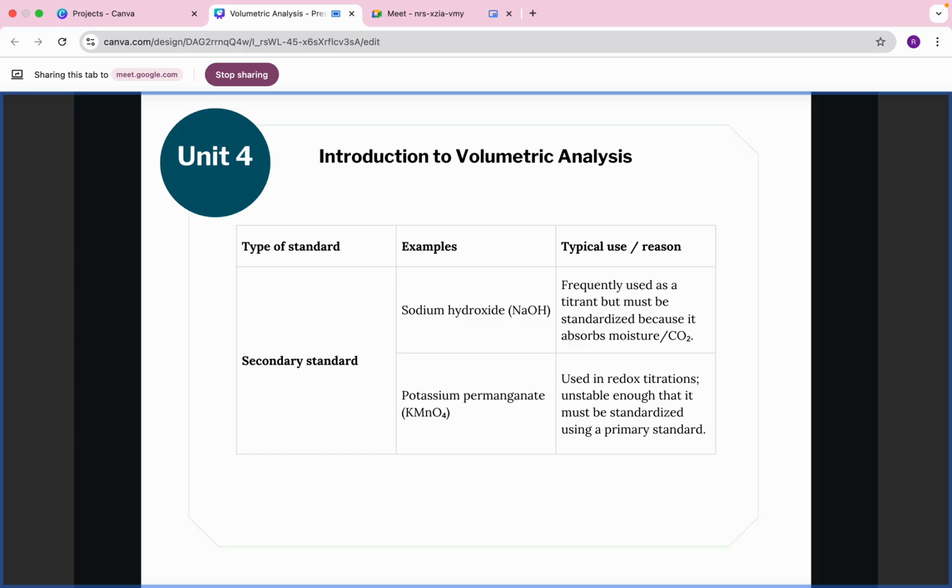So why are these important? The secondary standards are very important in titration because they provide a more practical and cost-effective way to perform this routine analysis, despite being less pure and stable in comparison to primary standards. So those are your